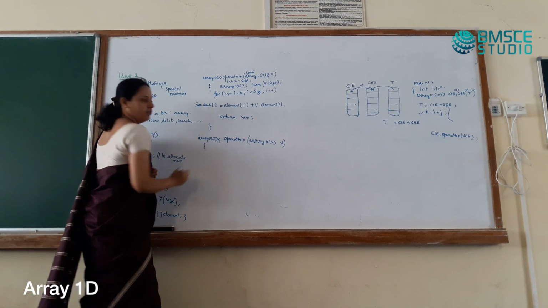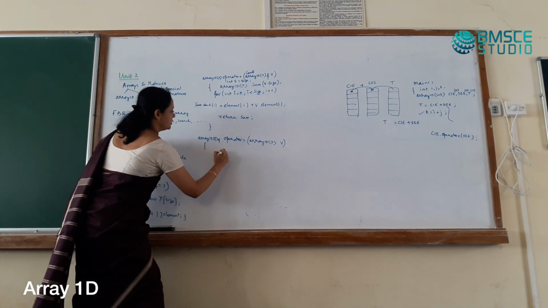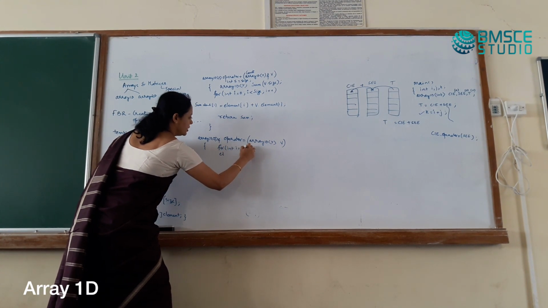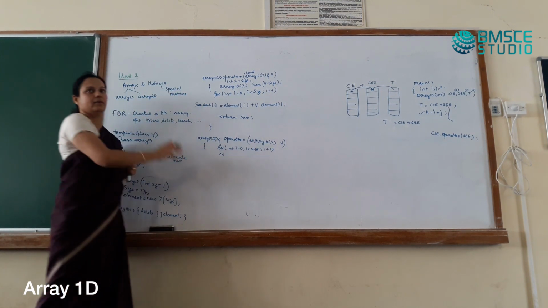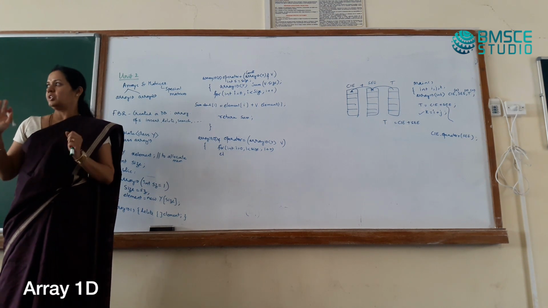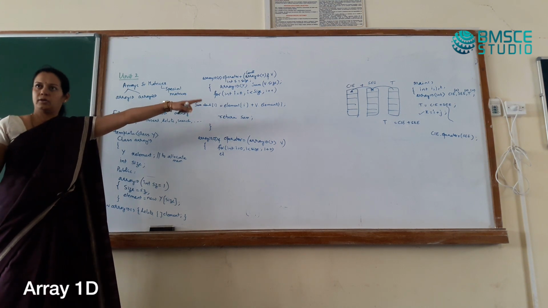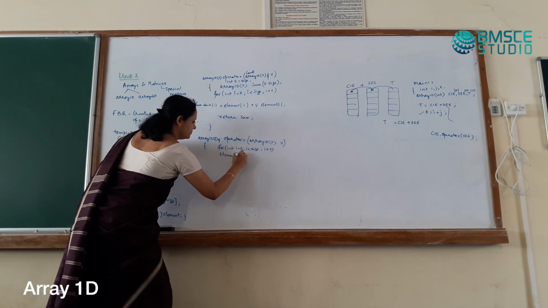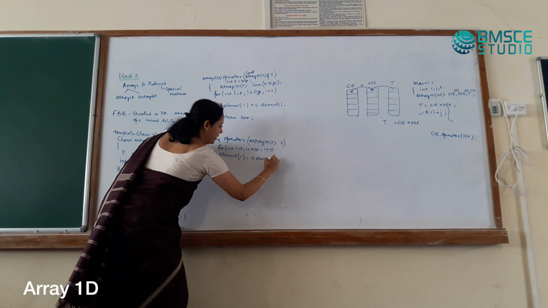So what should happen when operator equal to is called? Each value of T should be reassigned. int i equal to 0, i less than size, i plus plus, again. See how easy it is. Just because we assumed one thing, that I'm not checking for sizes and everything. It is up to the user to verify and give it to me here. So element of i is equal to v dot element of i.